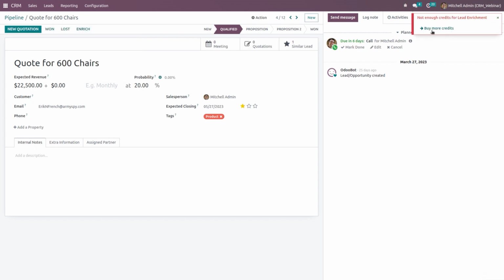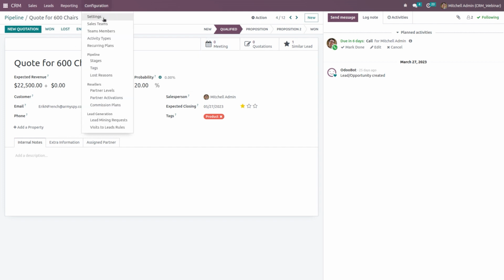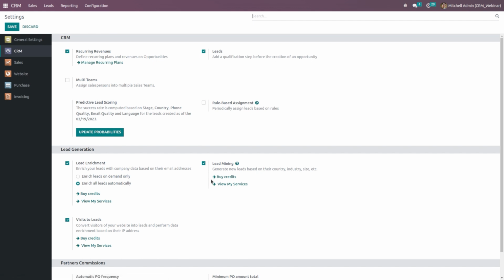So here you can see a pop-up: not enough credits for lead enrichment. So we need credit for this lead enrichment method, and the next method is lead mining. Lead mining is an exclusive tool available in the Odoo CRM, and it will act as